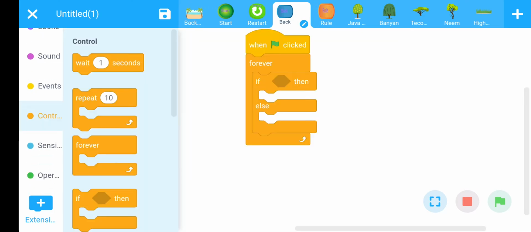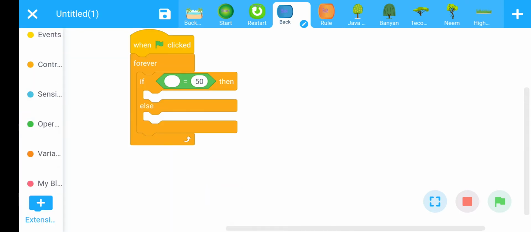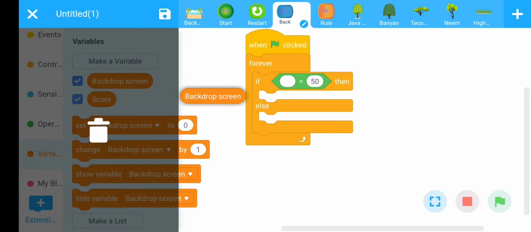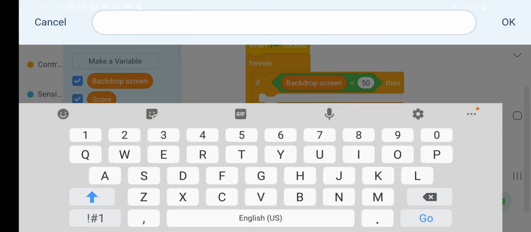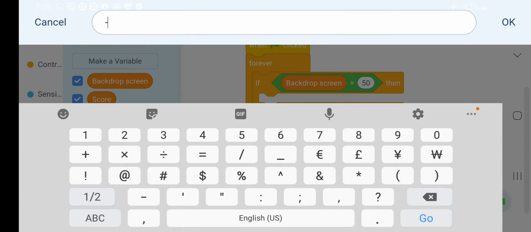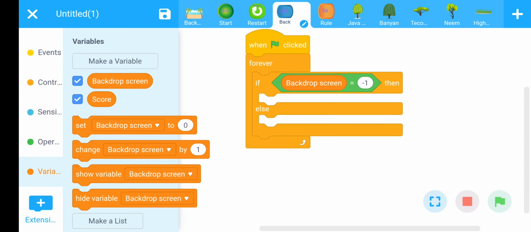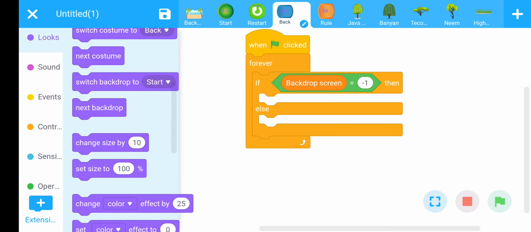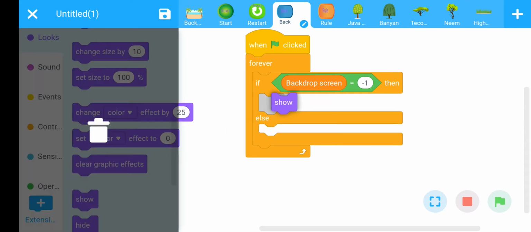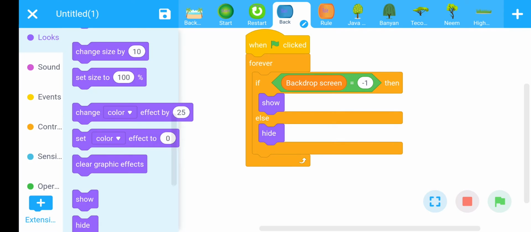Then go to Operators, use the equality operator, go to the Variables section, choose the backdrop variable, its value should be -1. If its value is -1, then go to the Looks section, show this sprite, otherwise hide this sprite.